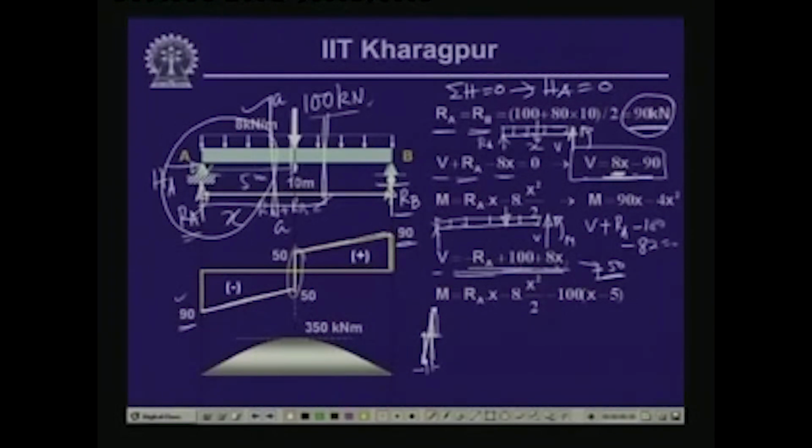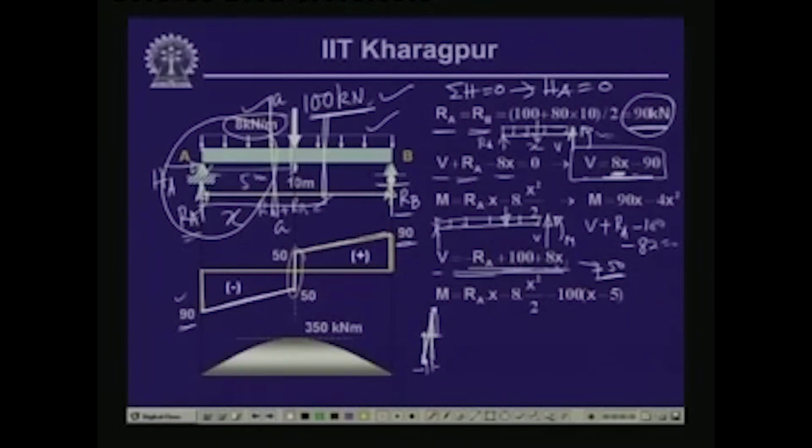So, this is the variation of the shear force for this particular beam, which is subjected to a uniformly distributed load of intensity 8 kilonewton per meter and has a concentrated load at the center of the beam, which is equal to 100 kilonewton. Now, if you look into the values of the bending moment correspondingly, in the first case